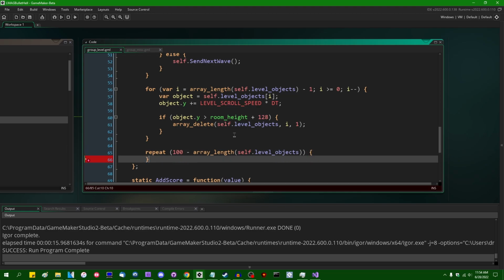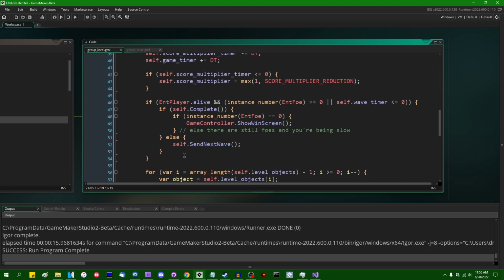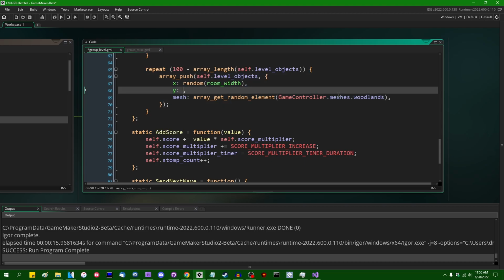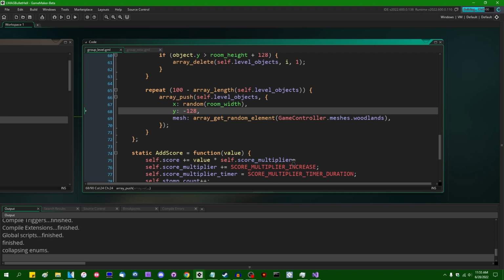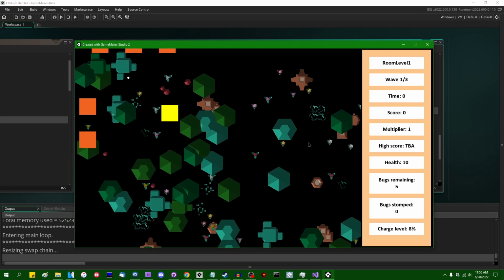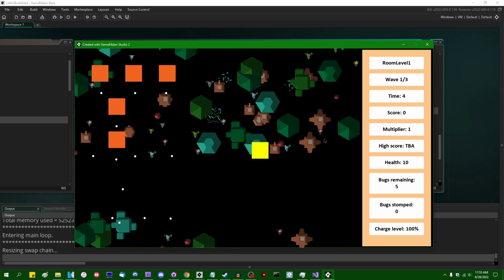We are just going to spawn in some more things like this. Except instead of spawning them all in at x equals random room width and y equals random room height, we're gonna spawn them all in at like y equals, say, negative 128 or so. And again, I will remove all the magic numbers and hard references and everything like that later on. But we're going to actually not have anything happen. Okay, so that's